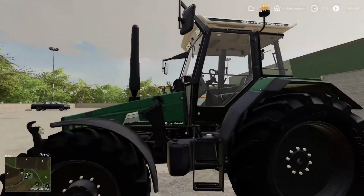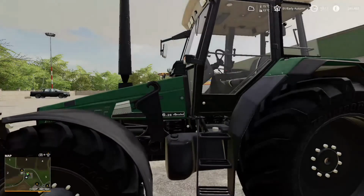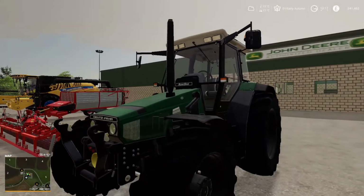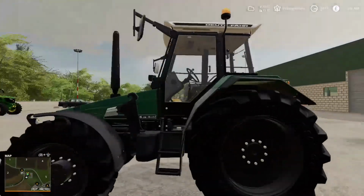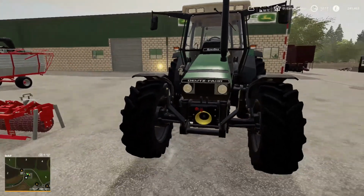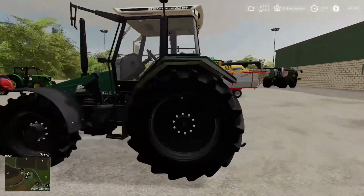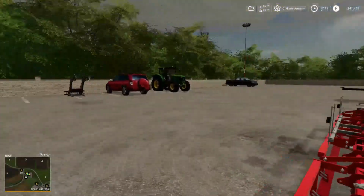As a tribute to David, I've gone for the Deutz Fahr 6.28 Special. This is to replace the small Massey Ferguson. It's more horsepower, still has front loader attachment, and has front PTO as well, so it'll be a super useful tractor for jobs around, including